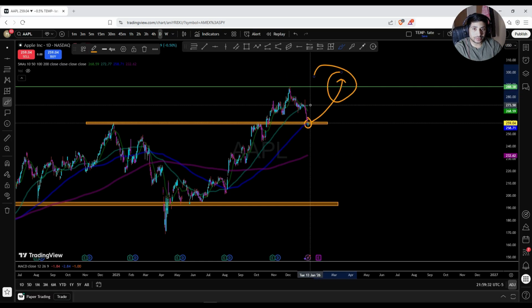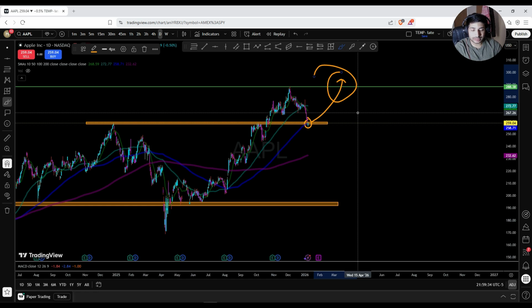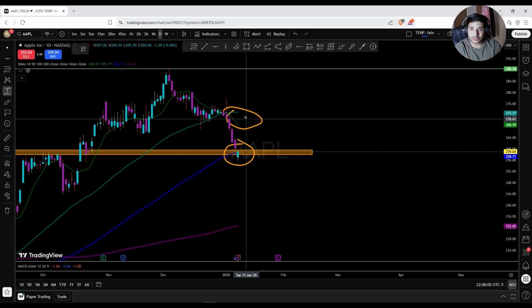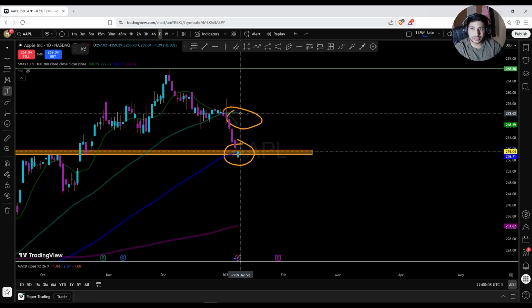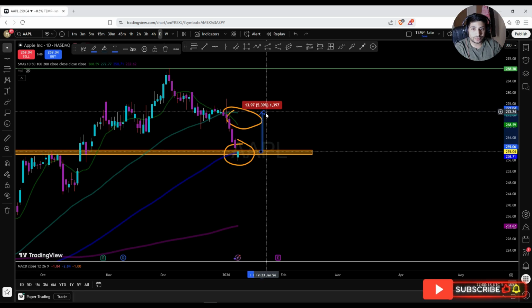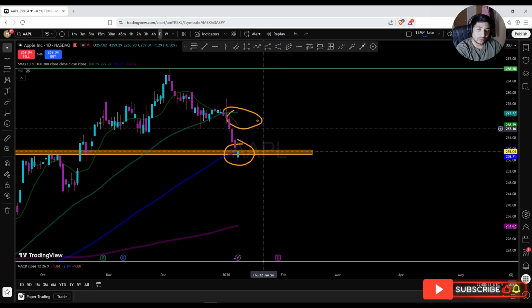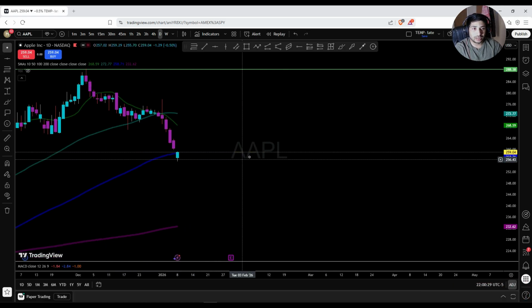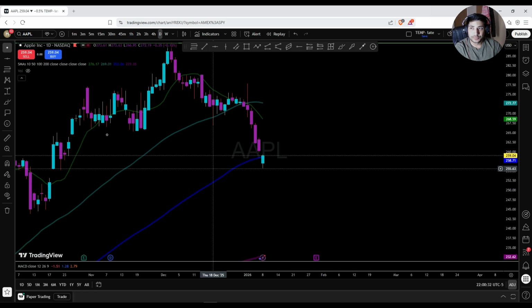So there is a huge chance of bouncing back and getting to the all-time high, or at least bouncing back to a certain position. If it goes up to even the 50 moving average from this point, because it was a green candle today, and if that gets support, we have about 5% of upward movement right there. What I would do is see if we get supported in tomorrow's daily candle in the 259 to 260 range. Then there is a huge chance of it moving upward.